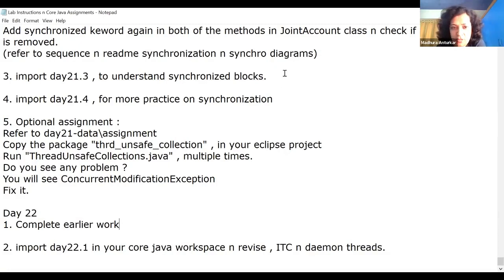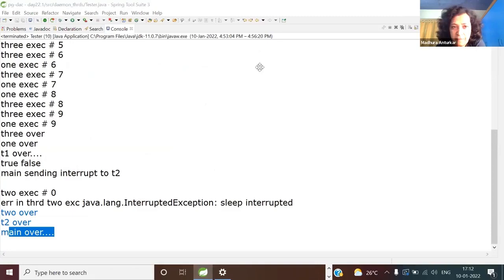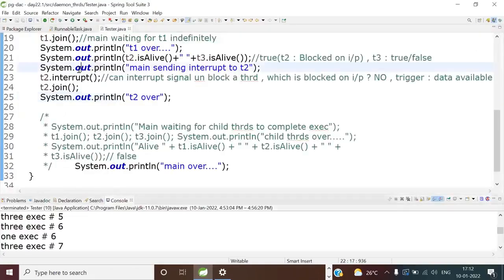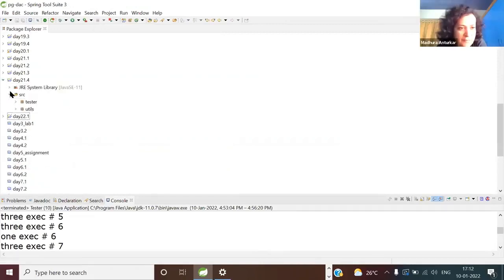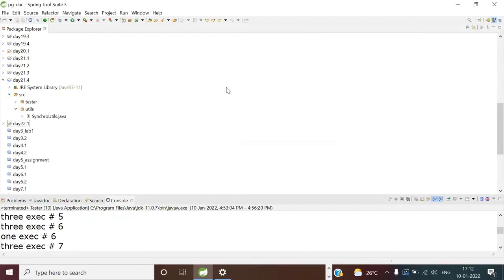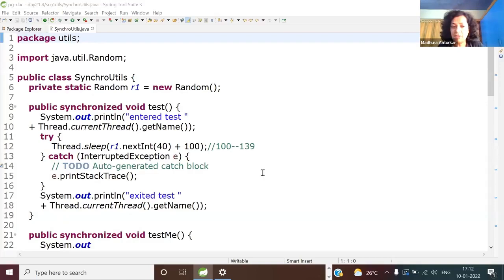Just a second. I'll share my whole screen. So if you want, you can definitely try this out. Open your core Java workspace. And here, let's see, 21.1. Synchro utils. So Srinivas or anyone, whoever wants to test, but right now I'm not going to discuss this. I'm telling you very honestly, unfortunately, because I want to start you on advanced Java JDBC today mainly. But in your free time, you can try this.